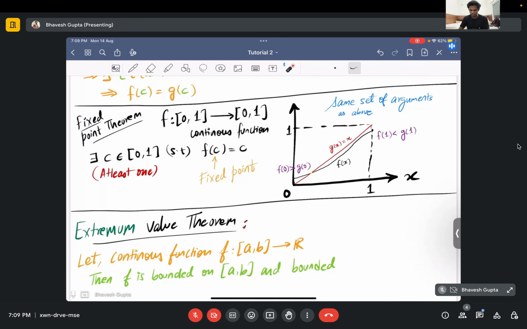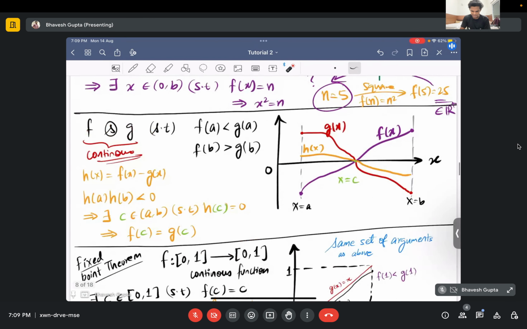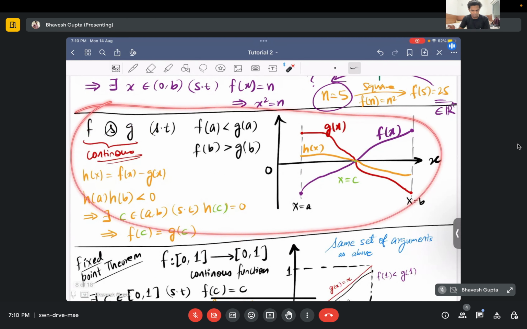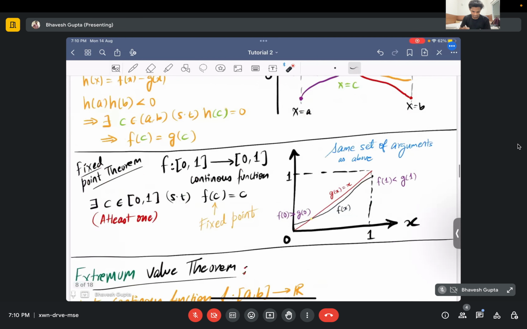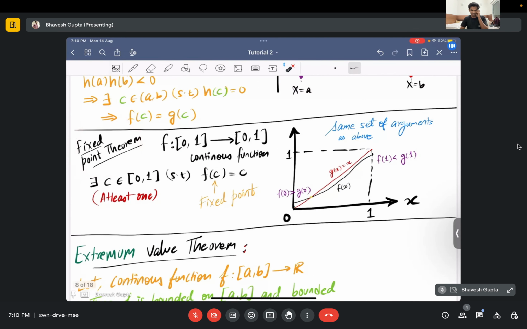We will just bring the same set of arguments which we have discussed above. The same set of arguments will also hold here in order to discuss this theorem, because the above discussion leads to a theorem. This theorem tells you that there exists a value in this